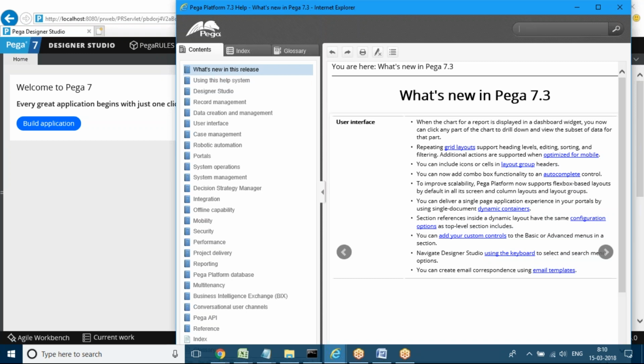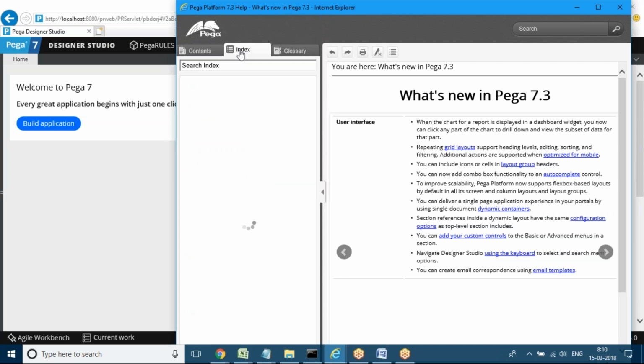Not only from the Pega 7 help, at the time of designing any rule also, there will be something called get help. From there also you can directly refer to that particular topic. Here all the topics and contents will be there, and it is difficult to learn under which category which thing is. But if you want topic wise, I'll show you practically in the next session. Topic wise also, you can get the help information.